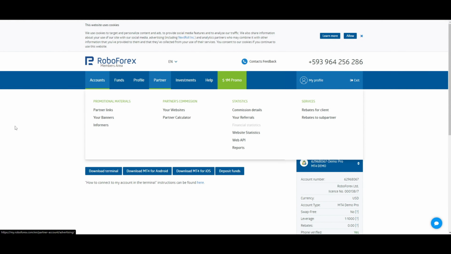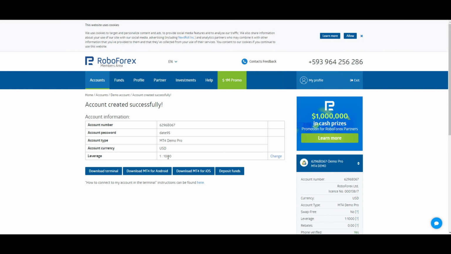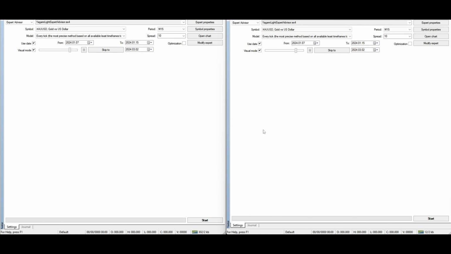Okay, currently I opened two accounts with my bro. One is 1:1000 leverage, Demo Pro. It's the standard account. We go back to the trading terminals. I have here the two accounts. I already logged in. So I will go to April 2013, and I will try to